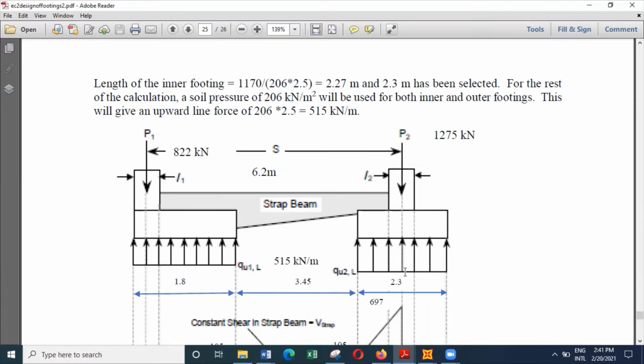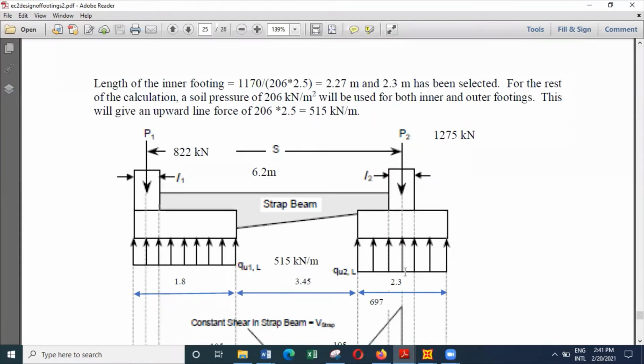So the task is first to select the suitable size for the outer base. And based on that, select the corresponding value for E, and then find R1 and R2, and based on R1, see whether the allowable pressure is exceeded. If it is not exceeded, you can stay with the dimensions you have already selected, 1.8 meter by 2.5 meter, and then